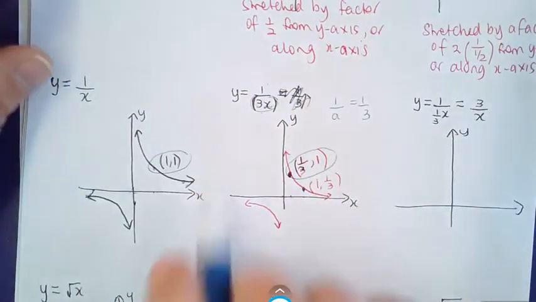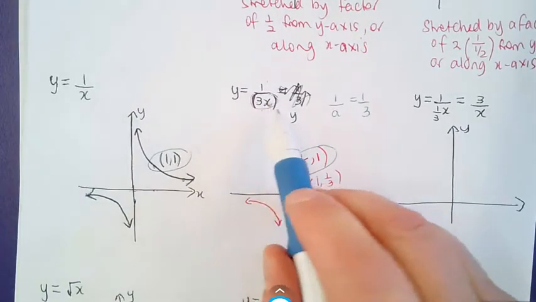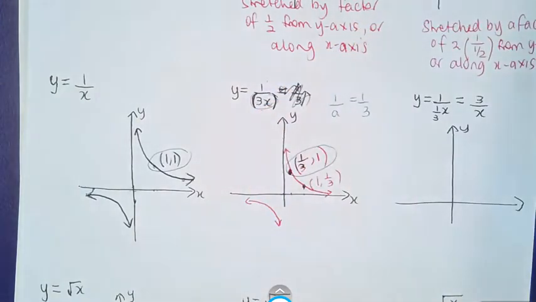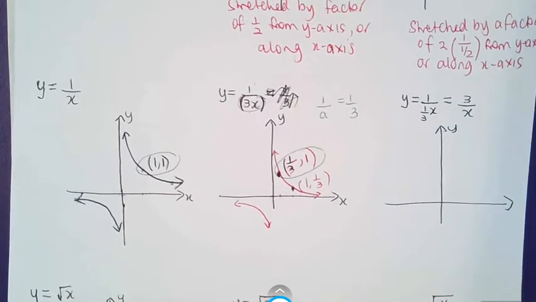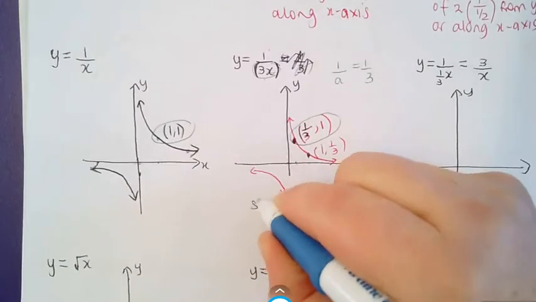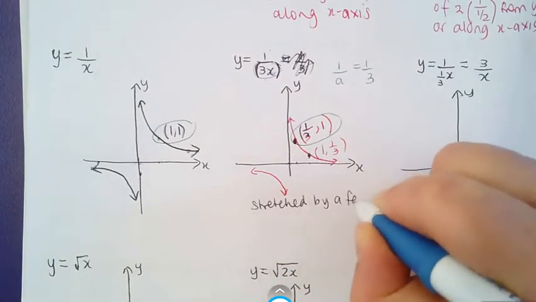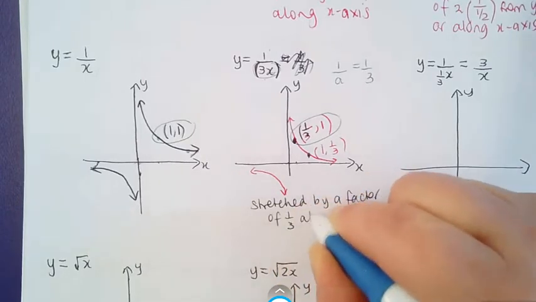This is a horizontal dilation because we're better off putting the a in the bracket. All right? So we say stretched by a factor of 1/3 along the x-axis